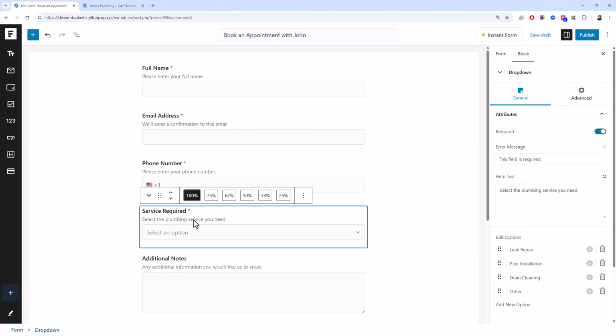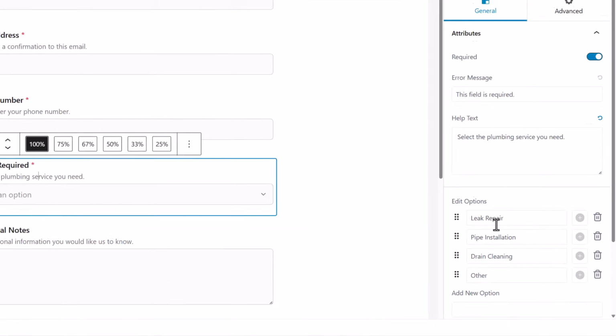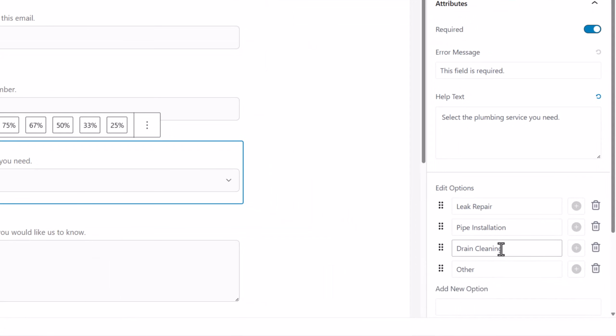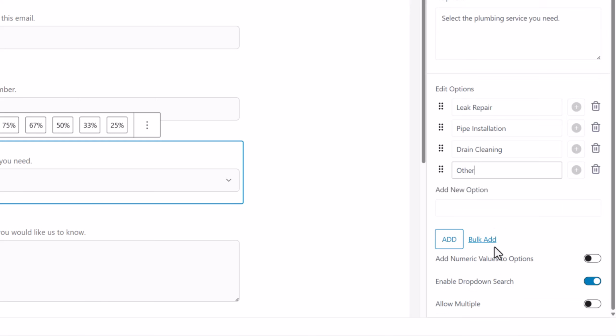And then here is your select field. You can adjust the values, and you can see it amazingly creates the proper options that a plumbing service form needs or should have, like repair, pipe installation, drain cleaning, other, and you can add in your values over here.